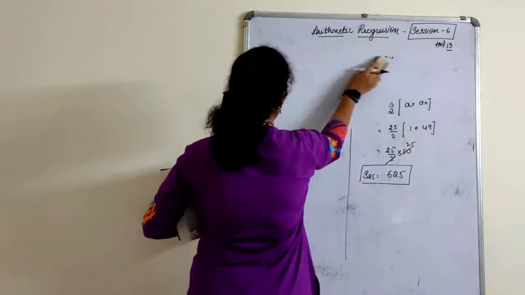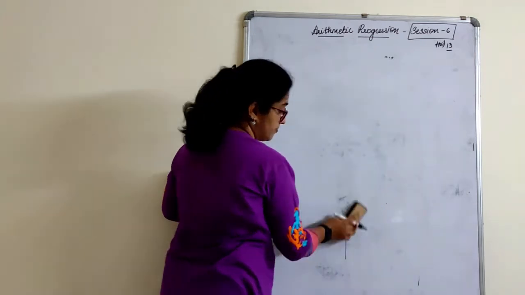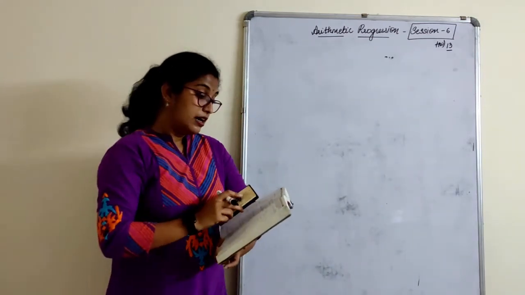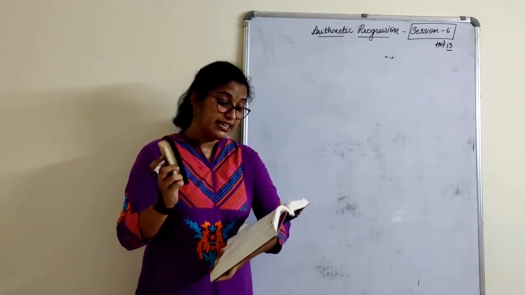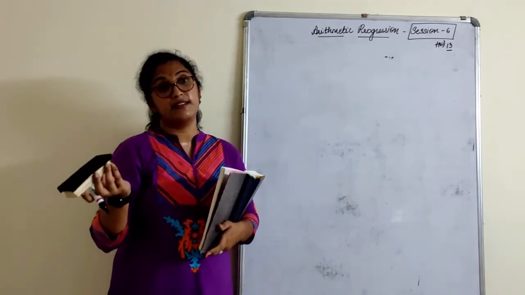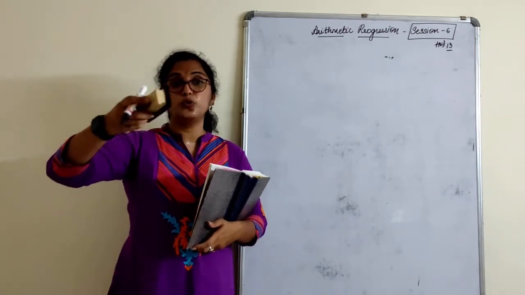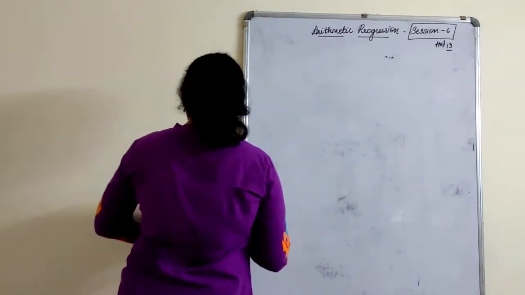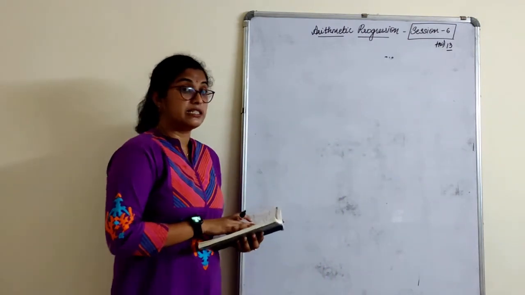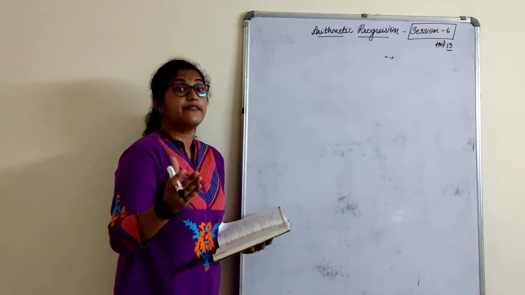What is the amount the contractor has to pay on the 30th day? It is AN. How much money the contractor has to pay as penalty if he has delayed the work for 30 days? That means I have to sum all the amounts right from day 1, 2, 3, 4 to 30 days. That is why it is SN. Now here you know because this comes under the SN exercise, but in the examination you never know which is SN and which is AN.